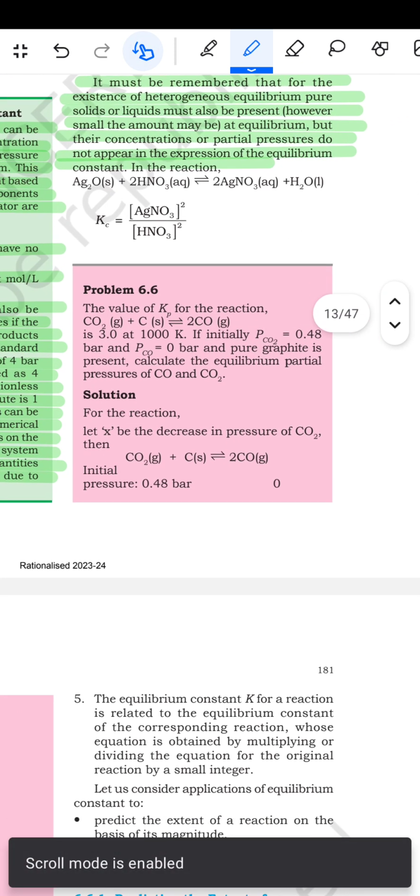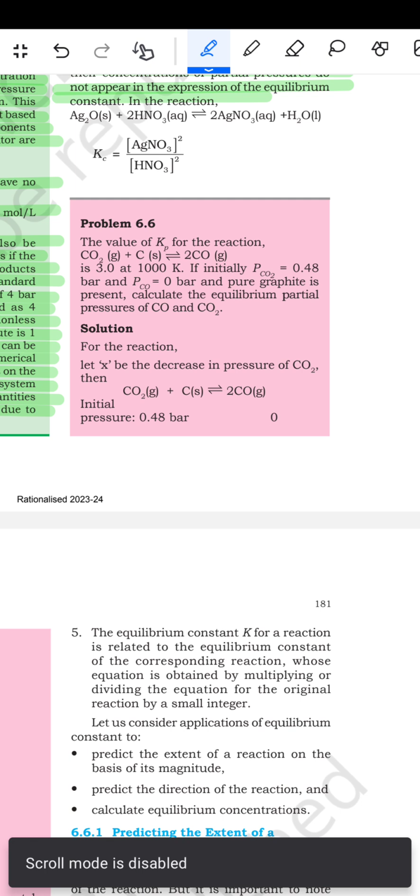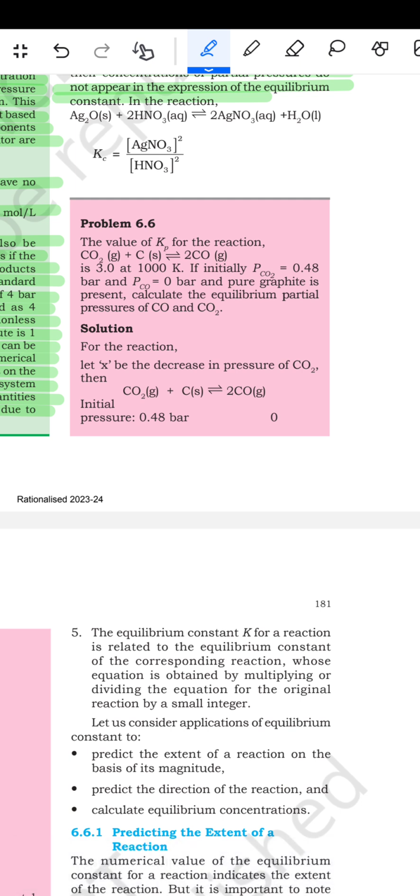अब क्वेश्चन है कि the value of Kp for the reaction CO2 + C से 2CO at 1000 केल्विन पर if initially the partial pressure of CO2 है 0.48 bar and partial pressure of CO है 0 bar and pure graphite is present, calculate equilibrium partial pressure of the CO and the CO2। तो बोलता है कि for the reaction, let x be the decrease in the partial pressure of CO2, then CO2 से C दे रहे हैं 2CO।